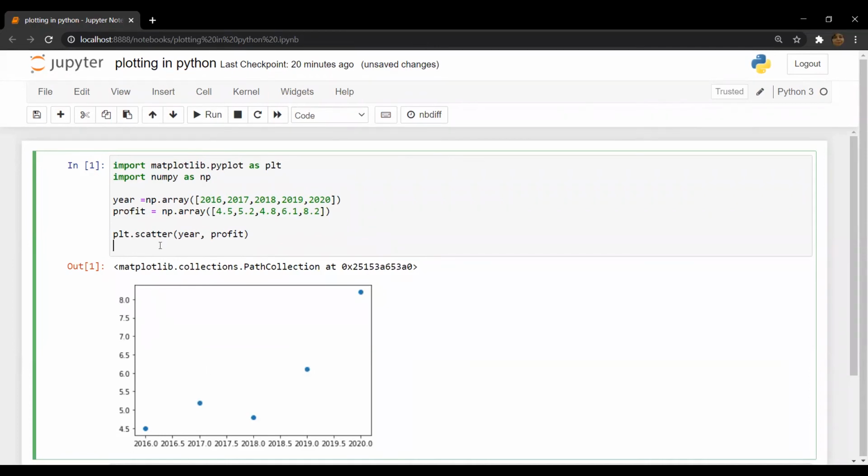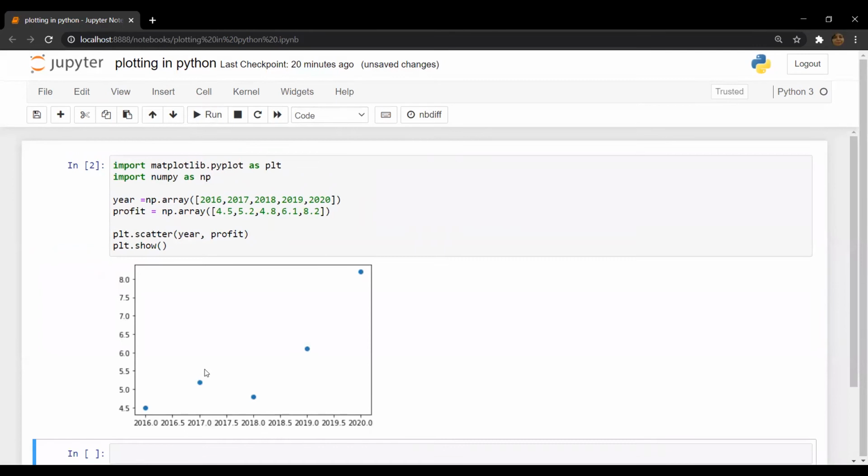It is already showing me the graph, and we need to call this show function to see the graph. So these are the years on the x-axis, and these are the profits on the y-axis.